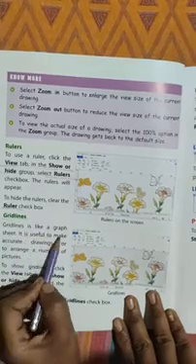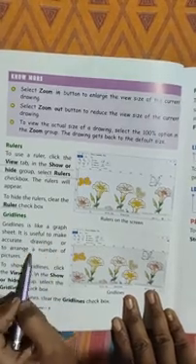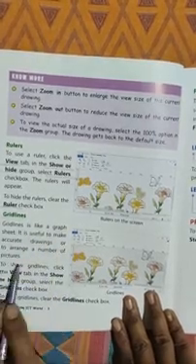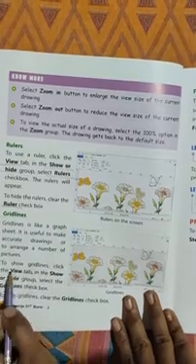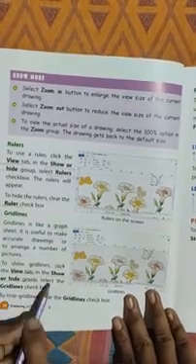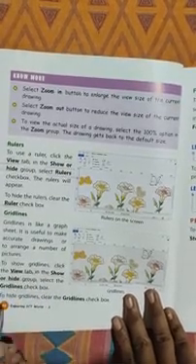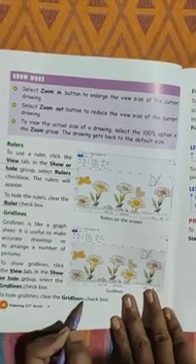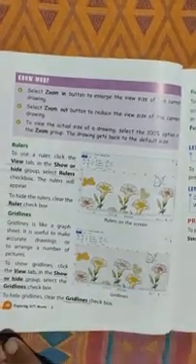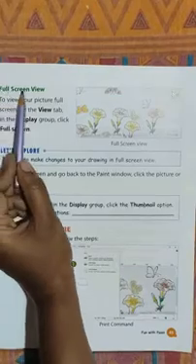It is used to make accurate drawings or to arrange a number of pictures. To show grid lines, click the View tab in the Show or hide group. Select the Gridlines checkbox. To hide grid lines, clear the Gridlines checkbox. Understood?